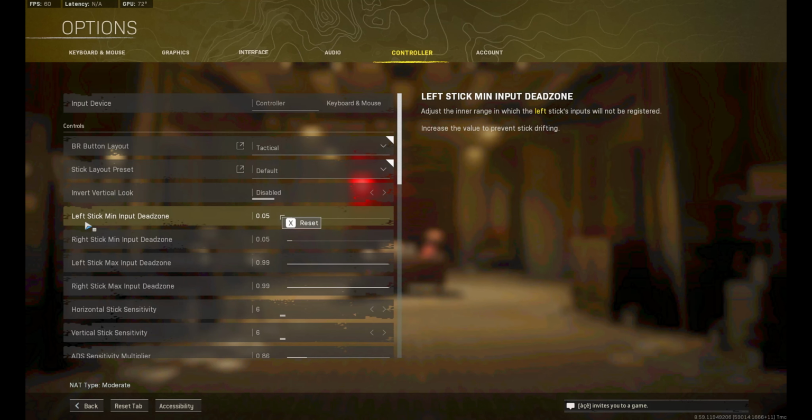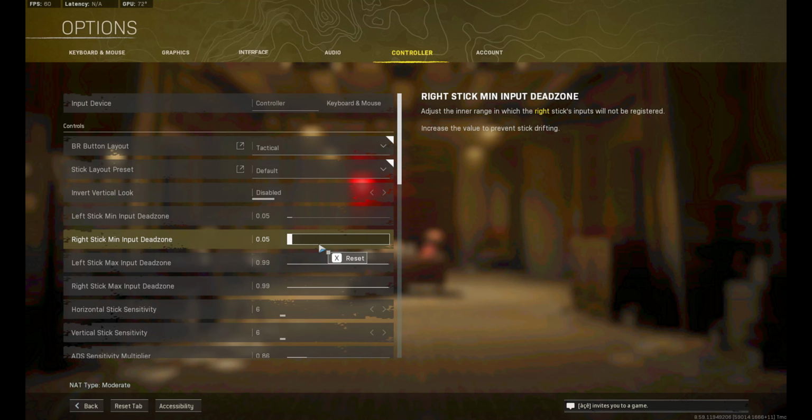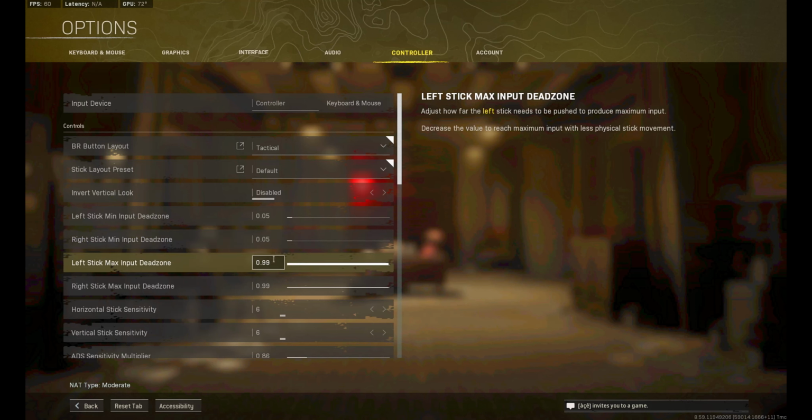And over for the left stick min input dead zone, I got this at 0.05 on both of them. So that's just what I use. You guys can turn it up if you're still getting stick drift. And if you get no stick drift whatsoever, turn this down to 0.01. Don't turn it down way too far though. Don't turn it down all the way to 0.00, because it might mess up once in a while in your